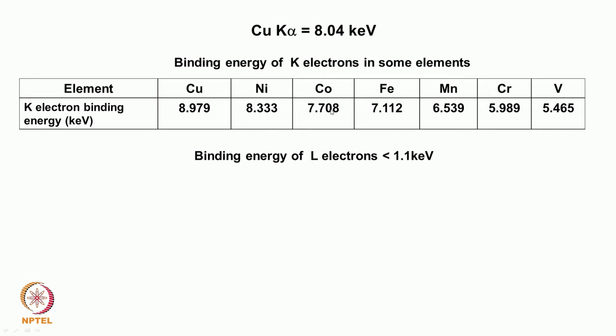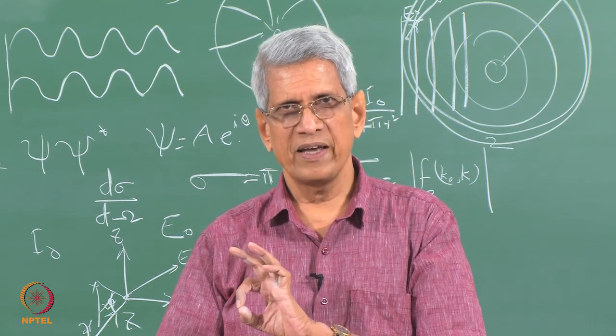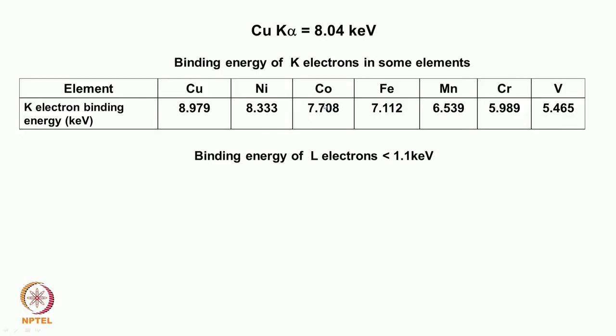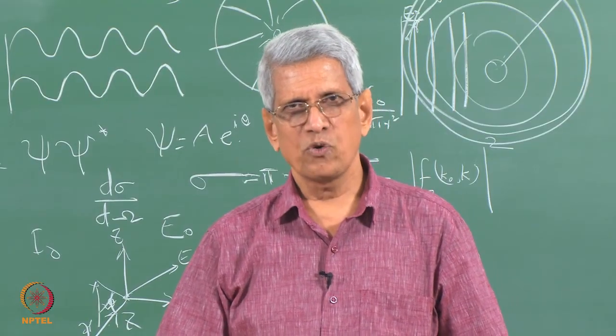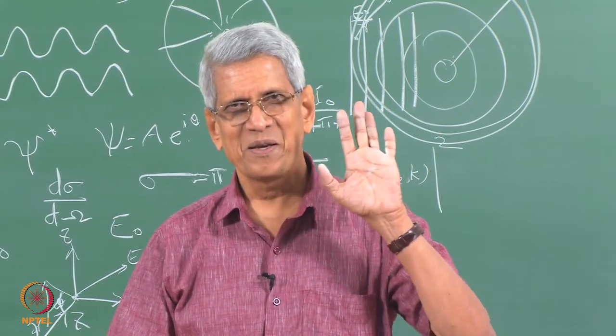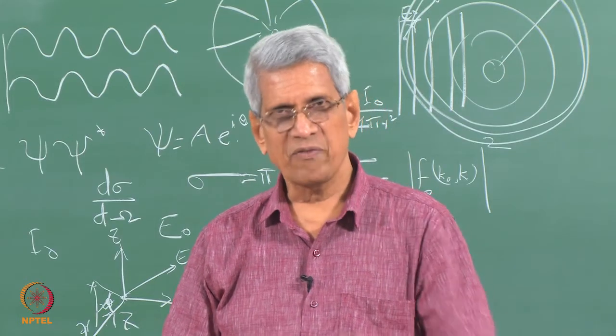We know that if the incident X-ray beam has an energy which is very close to that of the binding energy of the electron to that level, it will be absorbed and re-emitted with that energy. This we call fluorescence. So the incident beam which is available for scattering to take place, their intensity is getting reduced considerably, correct. For all these elements, if we consider it, electrons are 1.1 keV only or less than that. That means that compared to this, K alpha energy is very high. So only copper K alpha energy is very high.